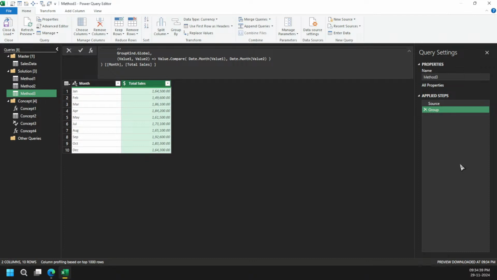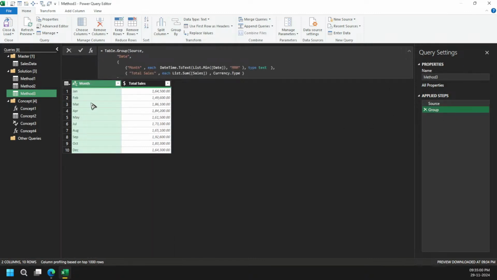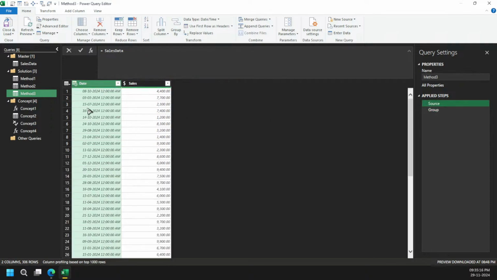So that's how you can do so many crazy things with the Value.Comparer function. Here I will tell you why I have used everything here. Why Value.Compare? The reason being, I don't need this key part again. Got it? If I had needed this key part again, then I might not have used the Value.Comparer thing. That's the whole idea. Because I wanted to fetch the month's name and then the total sales. I didn't want to calculate the date part here again.